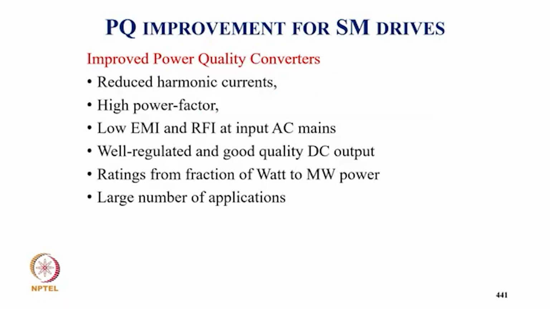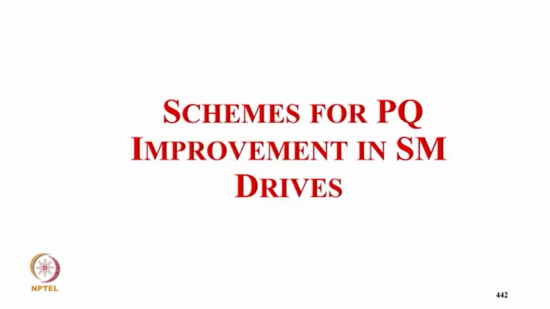Now coming to improved power quality converters, they provide reduced harmonic current, high power factor, low electromagnetic interference at the input, and a well regulated, good quality DC output, with ratings from a fraction of a watt to megawatt power, in a large number of applications. Coming to schemes for power quality improvement